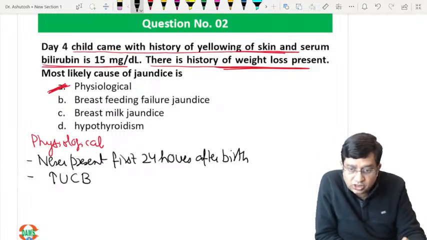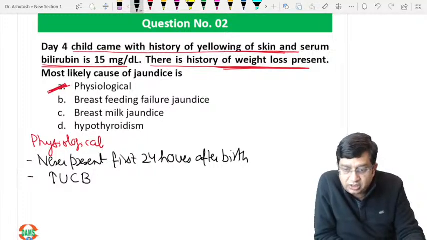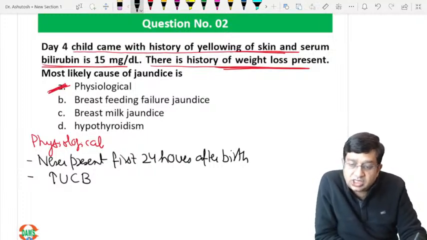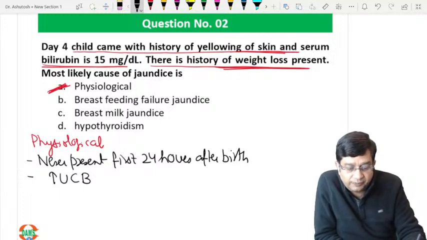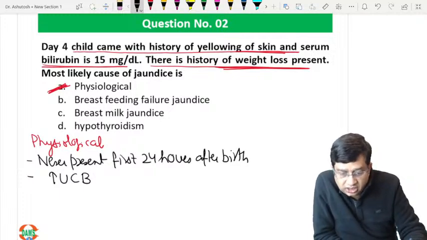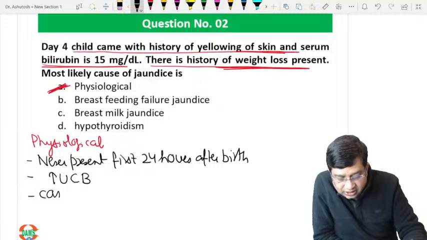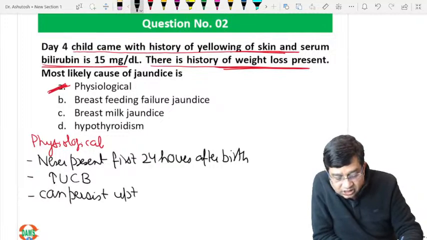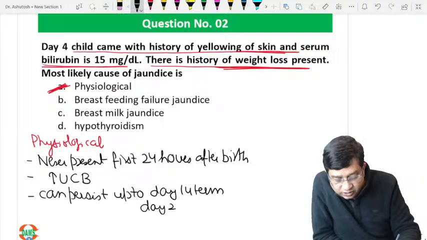जो मुझे क्वेश्चन मिला है वो सिर्फ यही क्वेश्चन मिला है। अगर आप इसमें कोई करेक्ट कर पाए तो इट विल बी वेरी वेरी गुड कि कोई सिग्निफिकेंट वेट लॉस की हिस्ट्री थी या नहीं थी। इंक्रीज इन अनकॉन्जुगेटेड बिलिरुबिन एंड दिस कैन परसिस्ट up to day 14 in a term child and day 21 in preterm